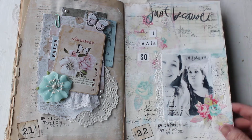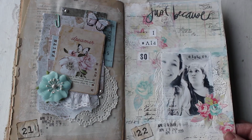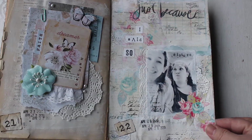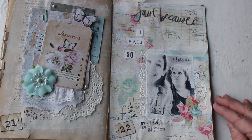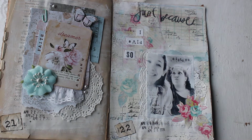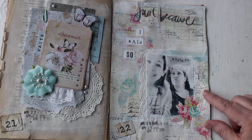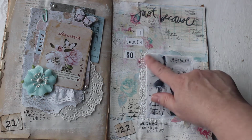And then on day 22, and I'm going to do one more day because we'll be done. Day 22 is one of my favorites. This layout is of my daughters, but again, I found authentic scrapbook paper in my stash, and I just love their paper, and so I collaged it on the background, and I added a black and white photo. I distressed it with some